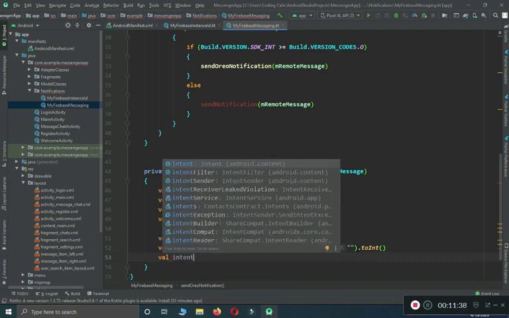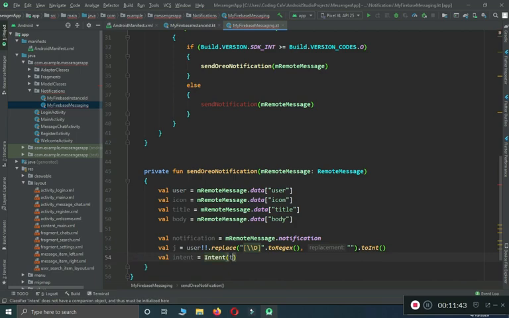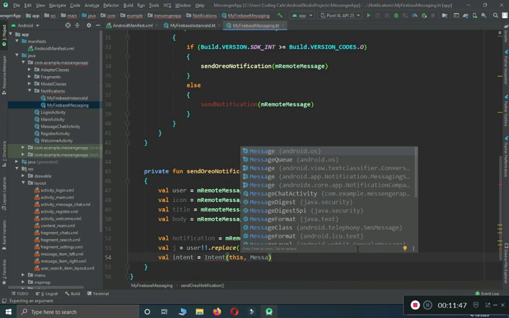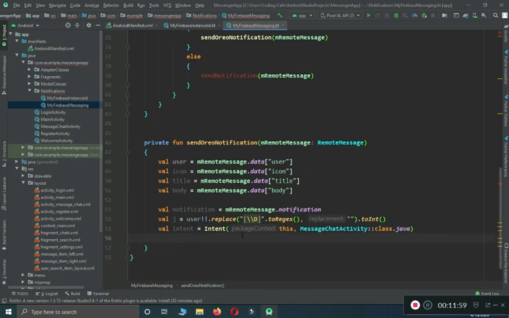Intent, MessageChatActivity class dot java. For when the user clicks on the notification which will be received on the phone, then we will send the user to the message chat activity for that specific user. I mean, we will write the code for it now. So anyway, as well,